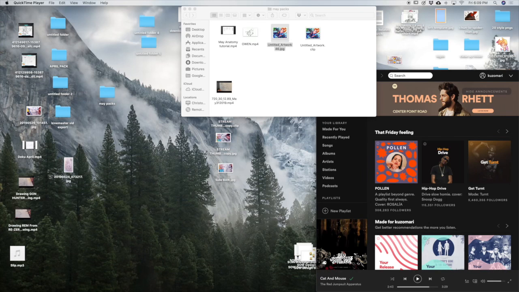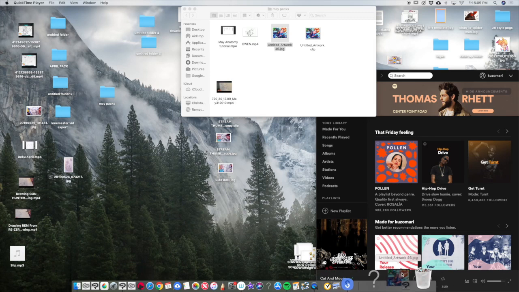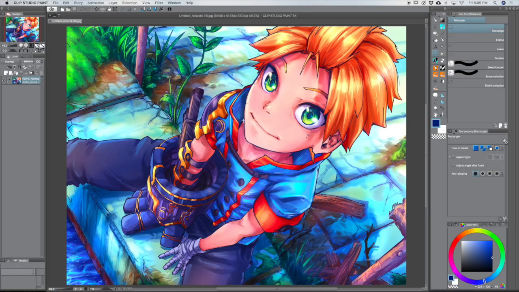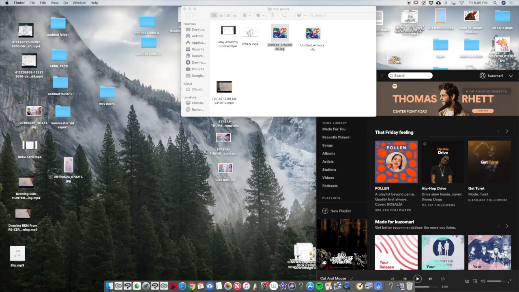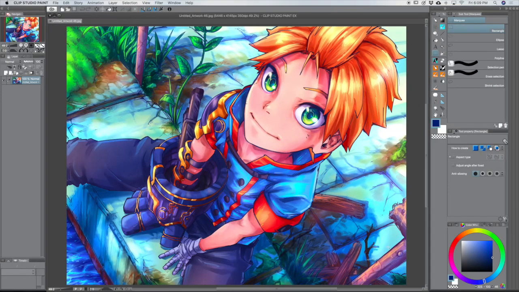In any case, today we are going to be doing the breakdown of this illustration. I drew Owen, woo! I wanted to draw Owen for you guys and I had this illustration in mind, so I did this guy. Let's jump right into the breakdown first of this character and his